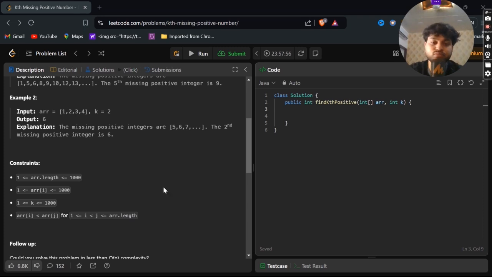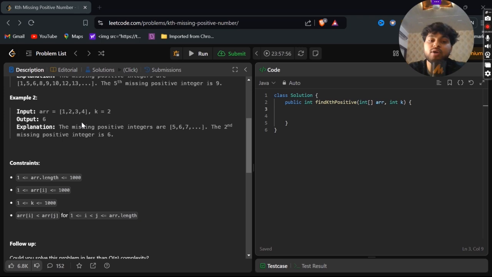So 1 2 3 4 is there, what will be the next missing element? Of course it will be 5, because 1 2 3 4 is there. Our next element will be 5, our second will be 6, after that 7 8 9 10 11 12, it will go on, and these are all missing elements.